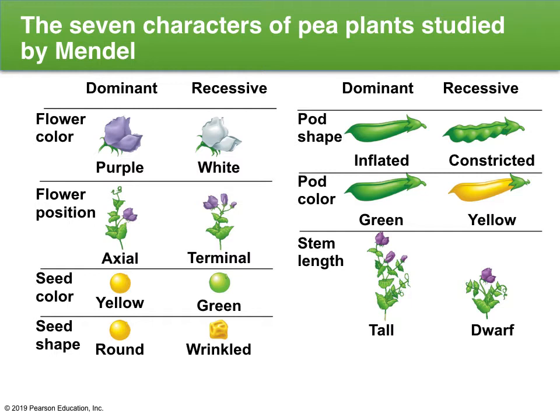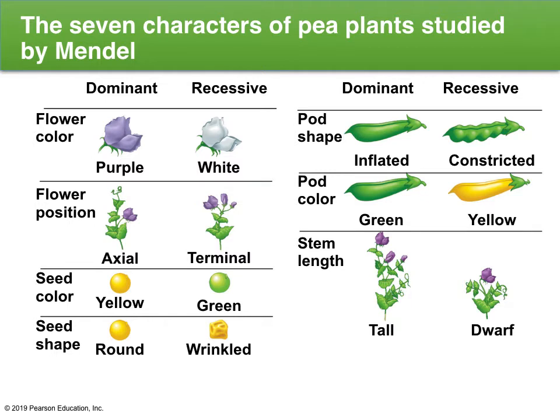The dominant trait for flower position would be axial. The recessive would be terminal. And you can follow through the rest of that diagram. So when he's crossing purebred, say, purple flowers and plants that are purebred for white flowers, you wind up with,